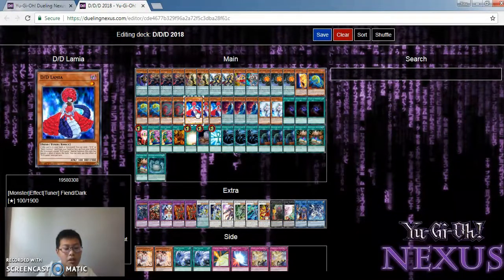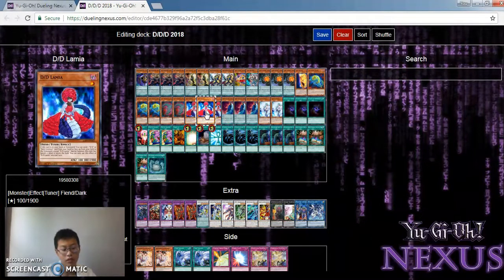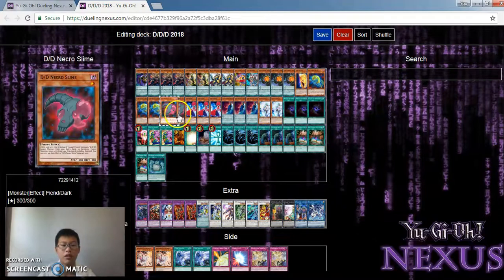So I need Lamia because this is the best DDD tuner, no doubt. It's just too good, so I add it. This is good because you could add stuff and the effects are very useful. Add a Dark Contract card, return 1 card, and the scale. But the bad part is the pendulum effect, which isn't bad, but you can still use that Necro Slime, so